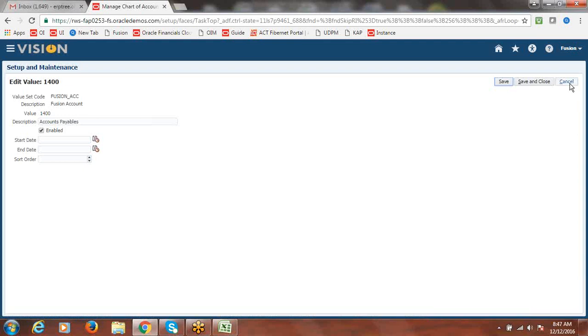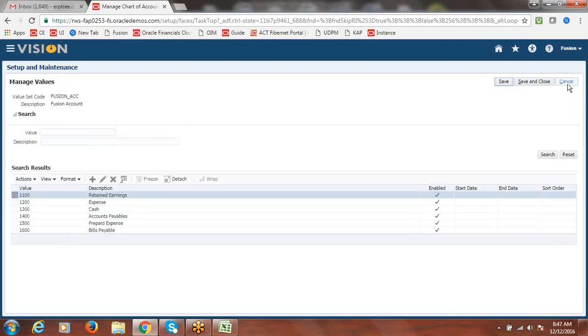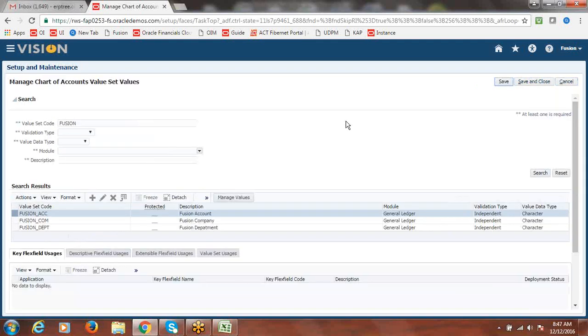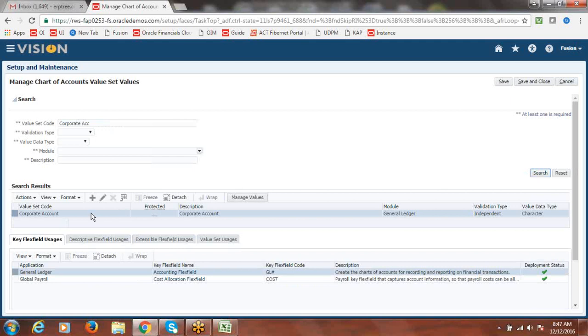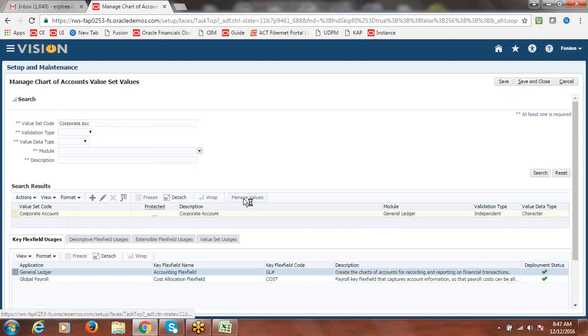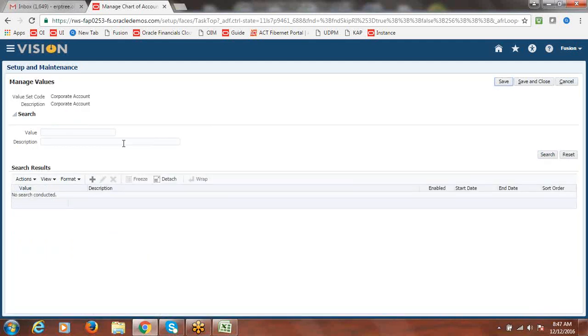Alright, this is our account. They're using the corporate account value set. Fine, then go with the corporate account and click on manage values.